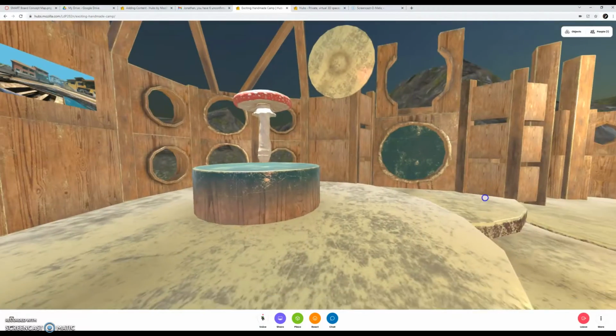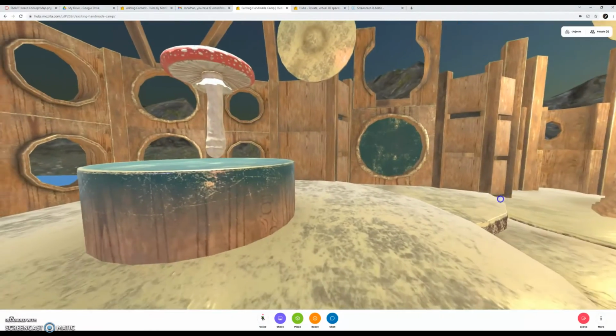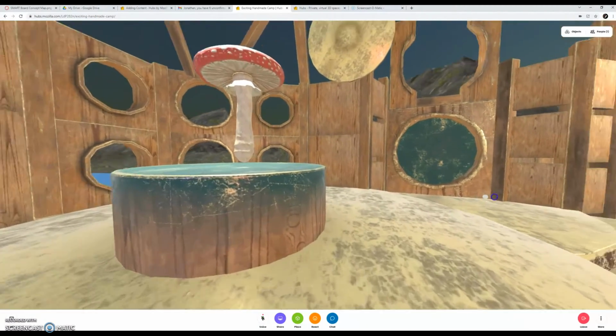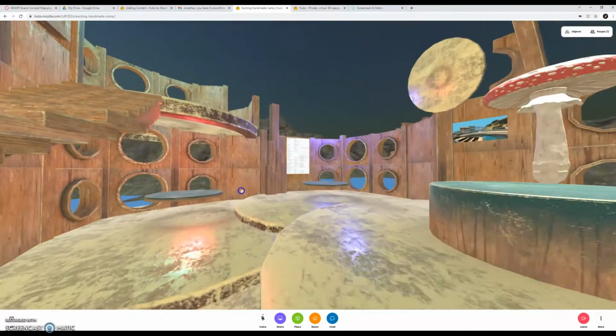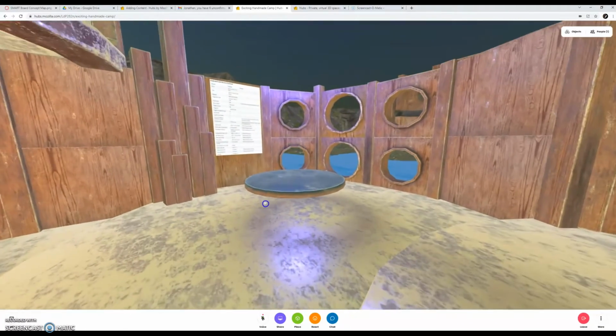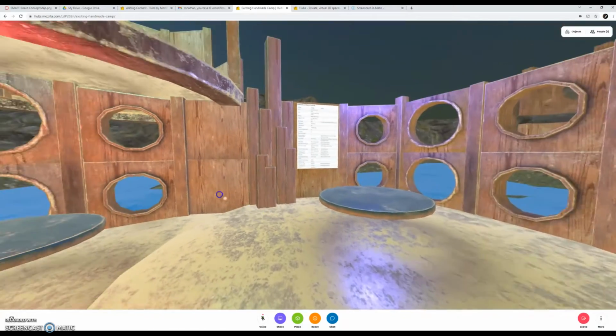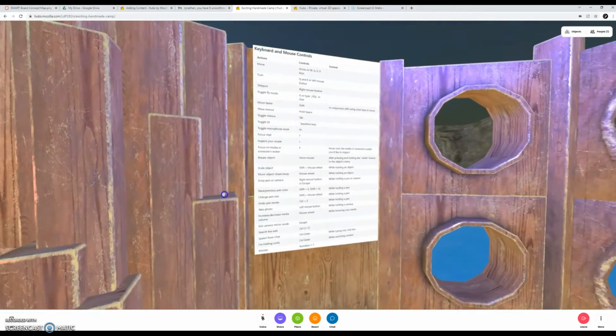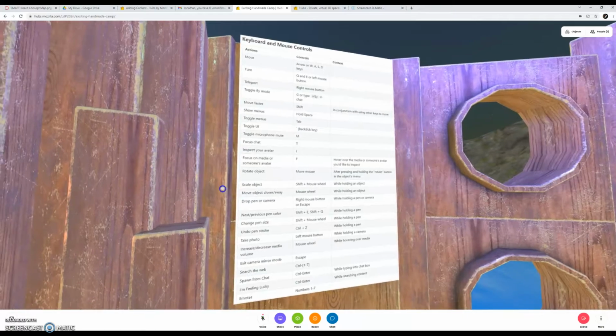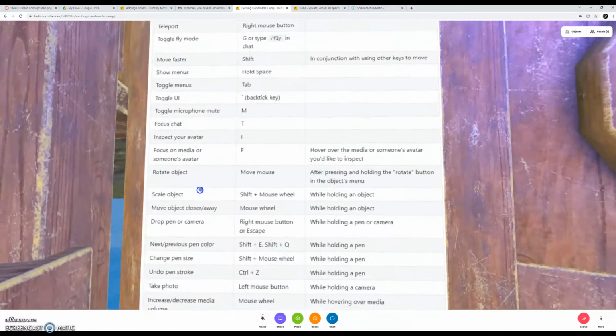So this is the room that I'm in right now, and I'm just using the WASD keys, but you can use the arrow keys too, which I'm using right now. And I'm just using the mouse right click to change my viewpoint. Over here, I just put in this little media board with controls, so you can see that